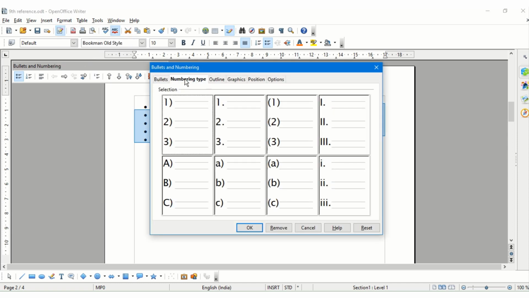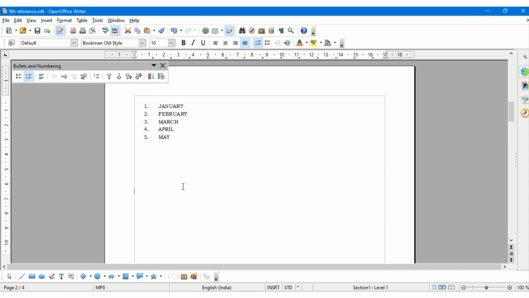Format bullets and numbering. From the numbering type, I can select any of the numbering styles which I want to and press OK. So we can also do the bullet and numbering style from this particular option over here on the formatting toolbar. The bullet and numbering option is also available to you on the bullet and numbering toolbar.